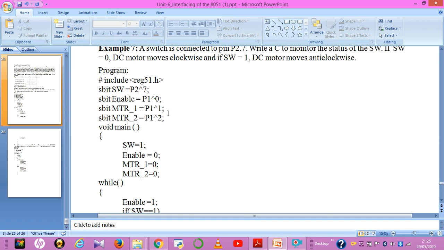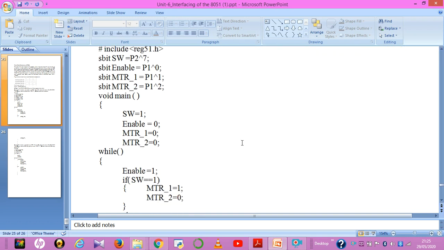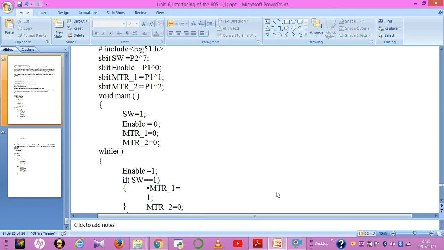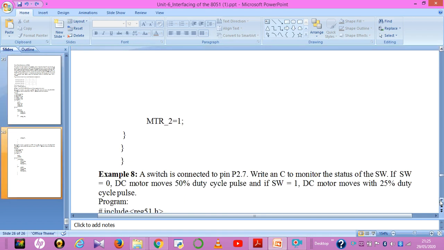Okay, first you have to declare all the port bits which are used in the program as sbit declarations. I have given so many examples in the classes on how to declare the port bits. Names are user dependent, you can use particular and understandable names. Next you have to check the conditions. Depending on the conditions, you have to make it 0 and 1 to run the DC motor clockwise and anti-clockwise. This is for clockwise and this is for anti-clockwise. It depends on the program statements.